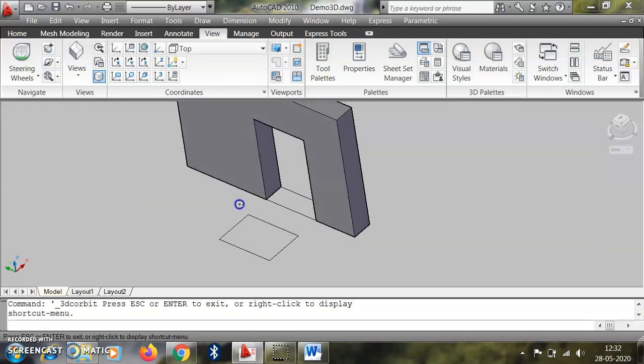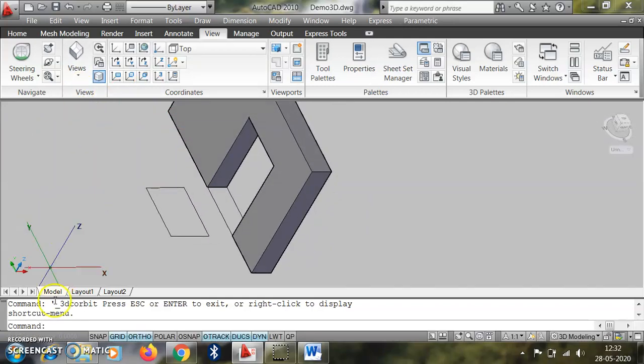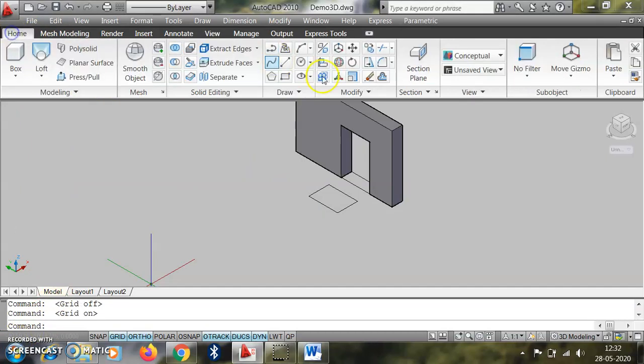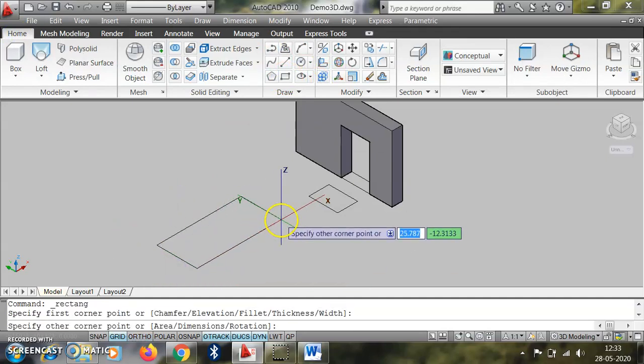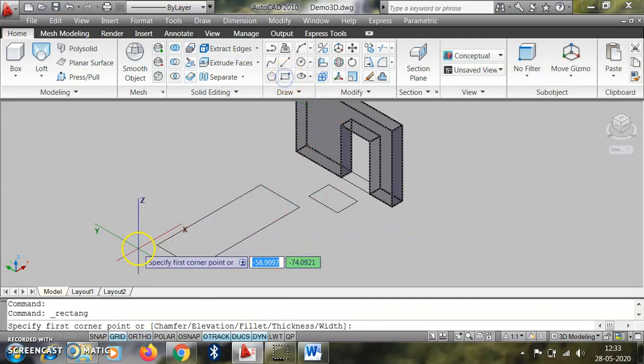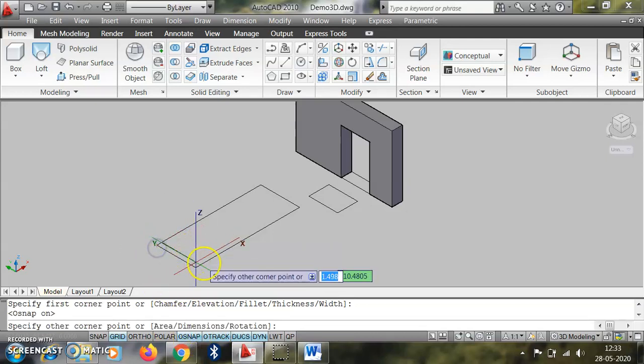Then in the same way, suppose we want to draw a staircase. In that case we go to the home view and draw a rectangle shape from this point to this point, with snap on, then from this one to this one.